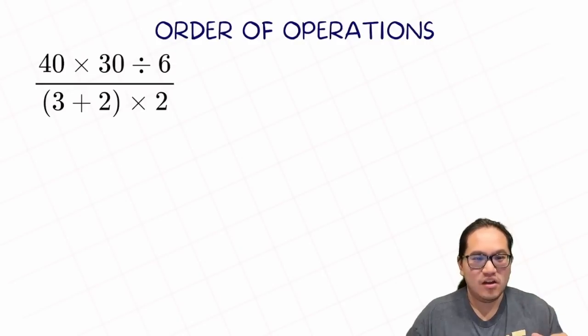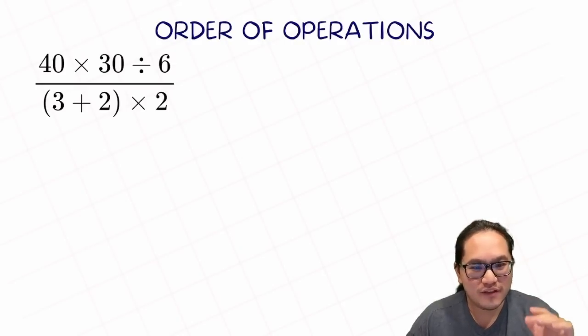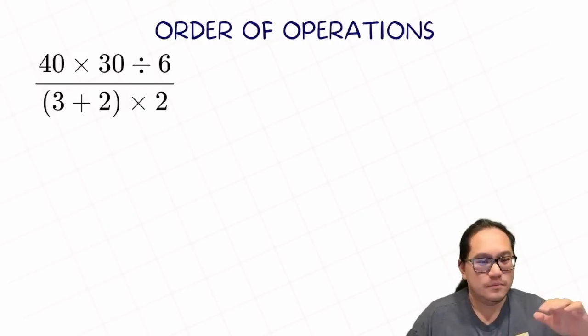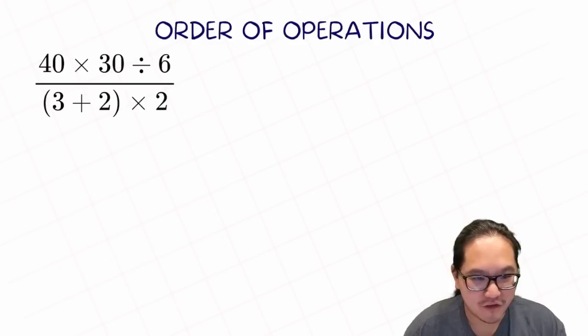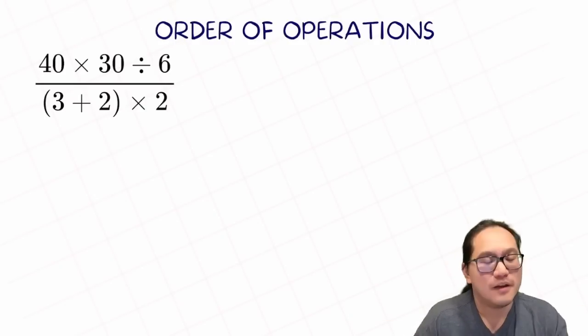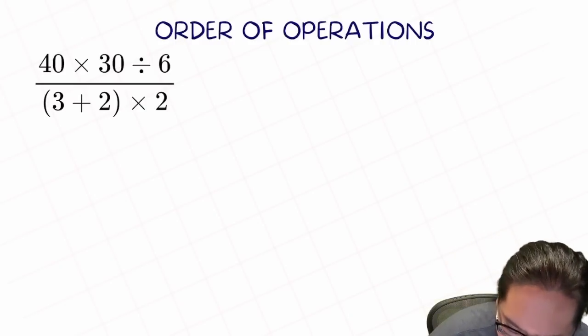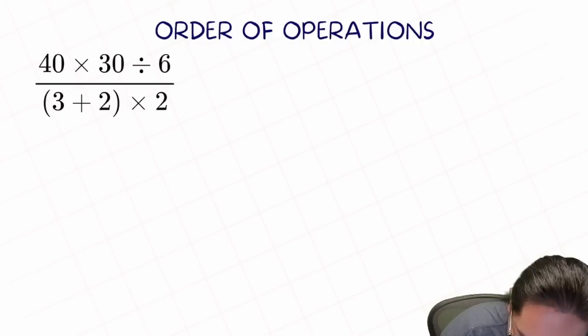Whoa, what is this? We got 40 times 30 divided by 6 over parenthesis 3 plus 2 close parenthesis multiplied by 2. Man, that's a lot of symbols, right? It's super easy once you break it down correctly. So with this big old thing right there,